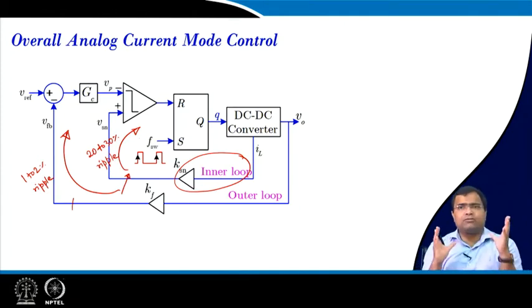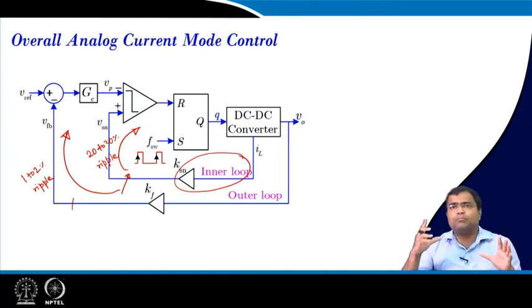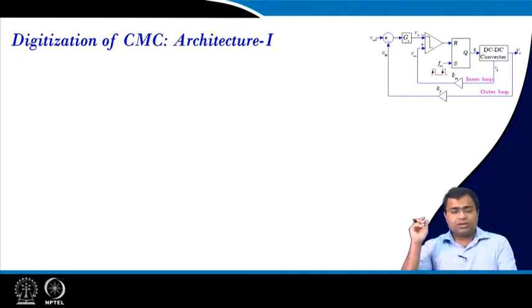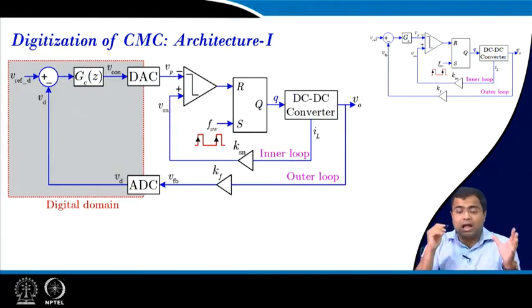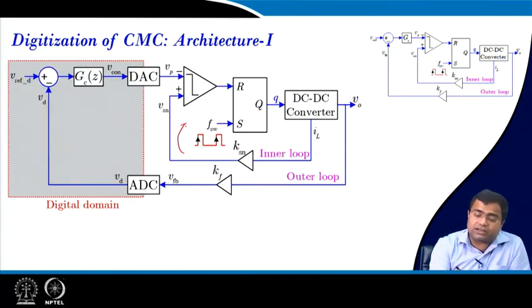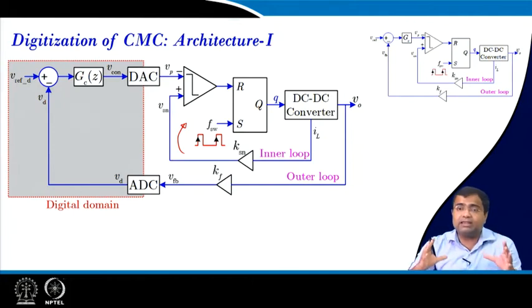But the voltage loop bandwidth is lower. So, now we have to pose the question, how to start digitizing where the outer loop bandwidth, if we talk about small signal model, is lower, but the inner loop bandwidth is faster. So, one architecture: the high bandwidth current loop, which has a large ripple, let it be in the analog domain,